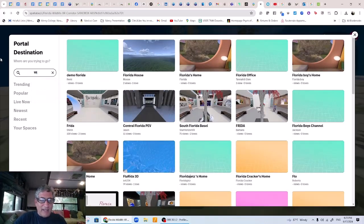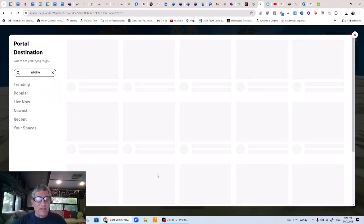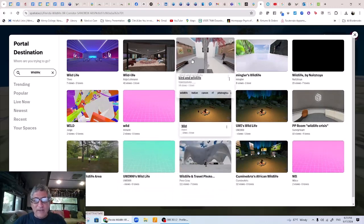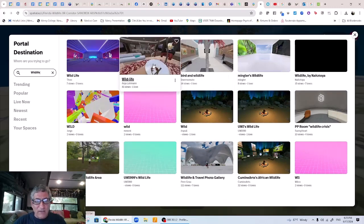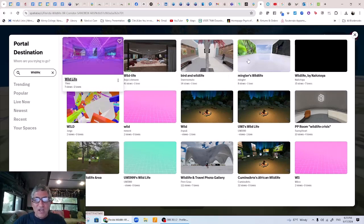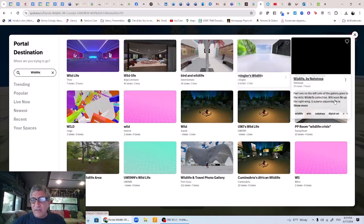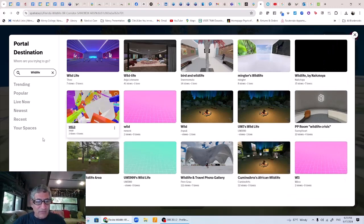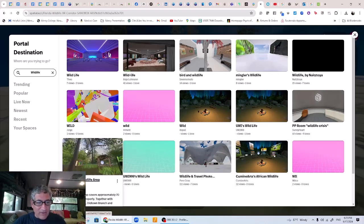This is how you drop portals. Let's say we put in this Cumin Arts African Wildlife Portal. Oh, it actually took us there instead, and I did not want to go in there. I wanted to drop the portal in there. So let me go back into our place, and let me run up to an empty space up here,